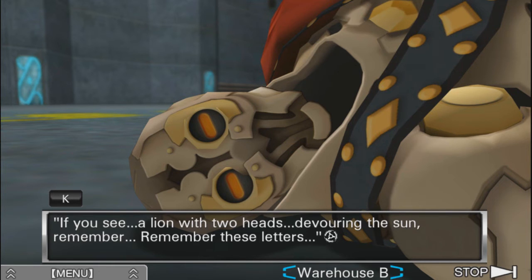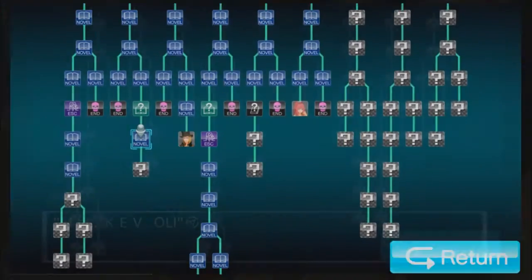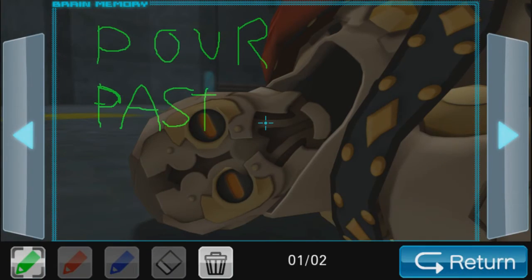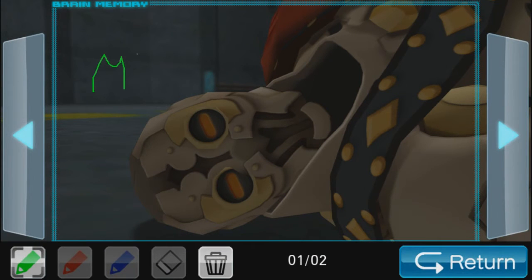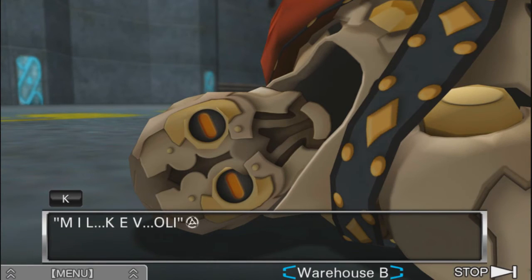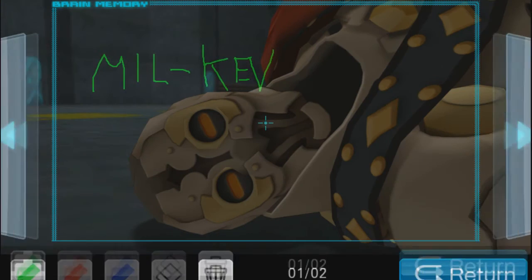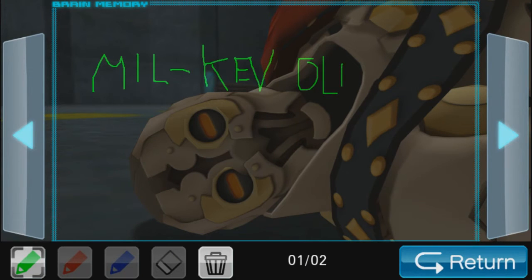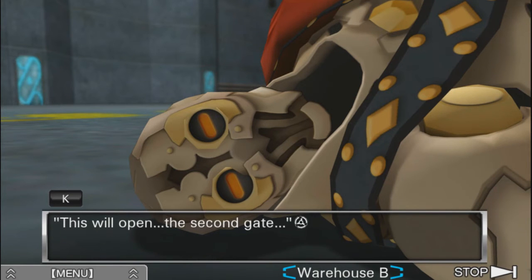these letters. Oh, is this going to be the password? M-I-L-K-E-V-O-L-I. Hang on, my friend. I will get my memo. Okay. So, M-I-L. M-I-L-K-E-V. K-E-V-O-L-I. O-L-I. Done, thank you. This will open the second gate. Do you mean like the password area, or...